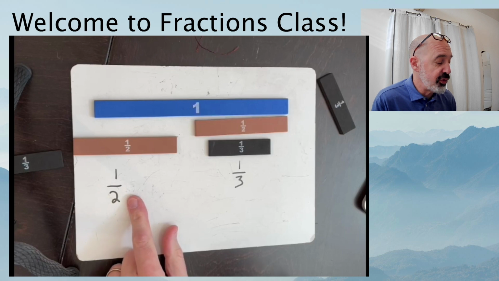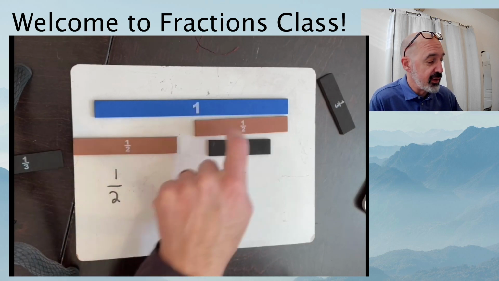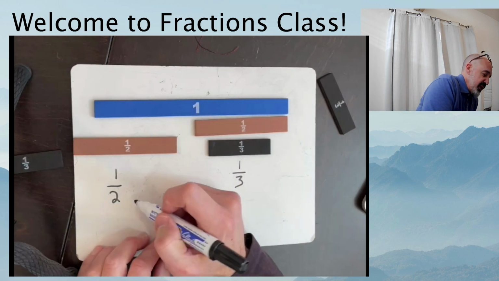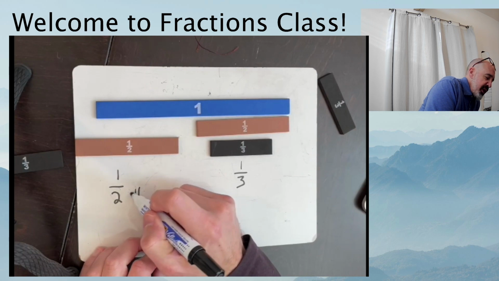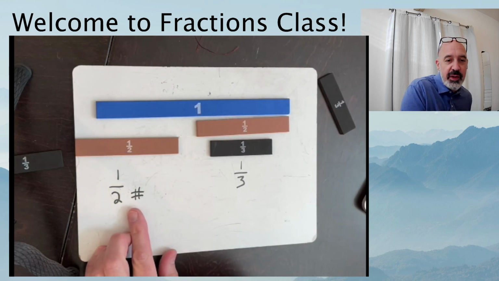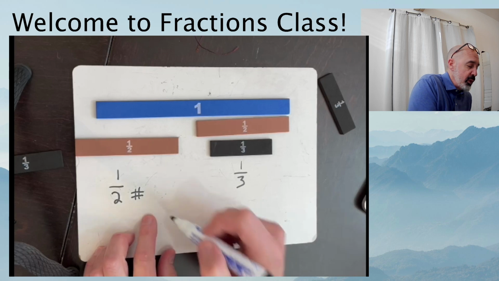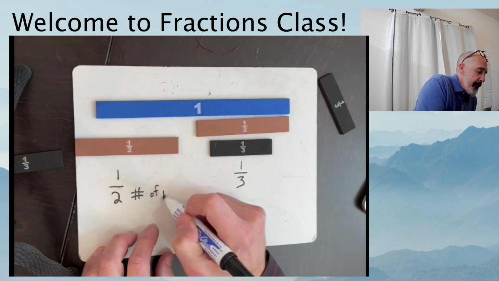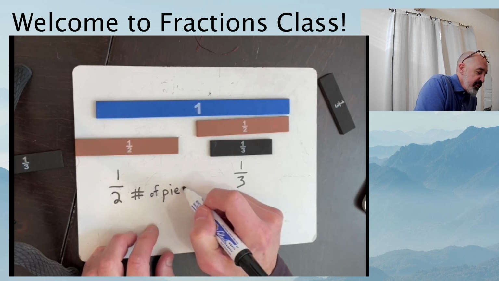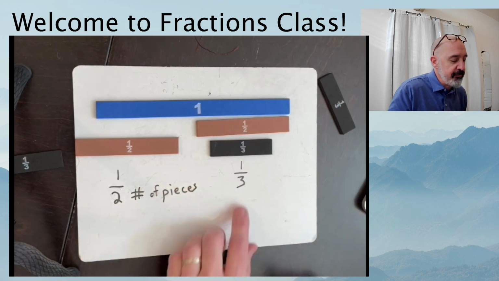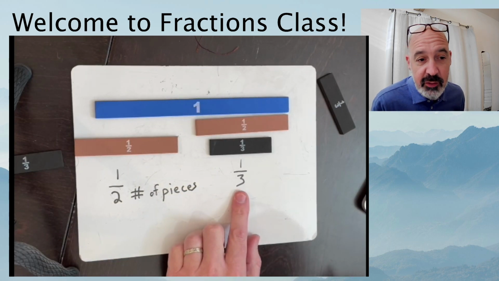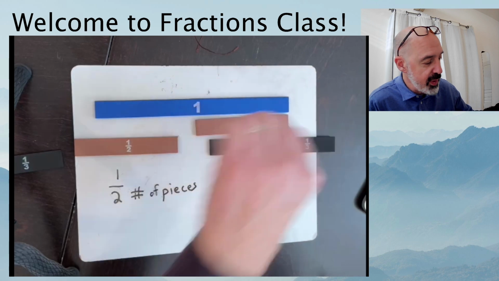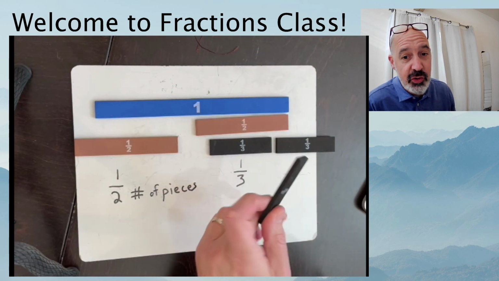You see that the 2 represents the fact that there are 2 pieces. That makes sense. I'm going to use this hashtag sign to represent the word number. Number of pieces. And then Samantha, do you see that this 3 is meaningful because it took 3 of these thirds to